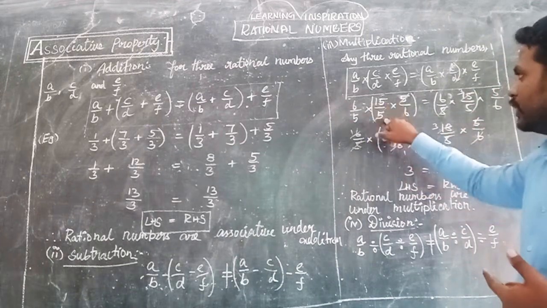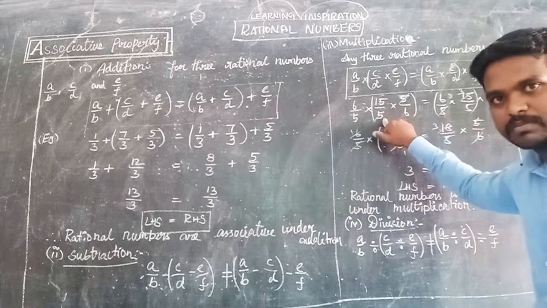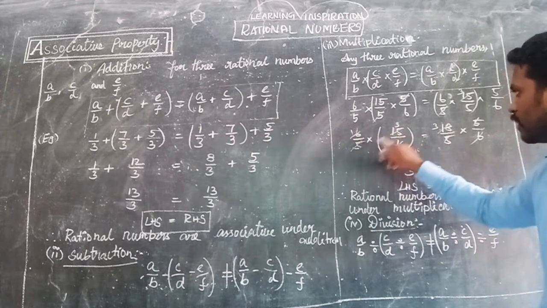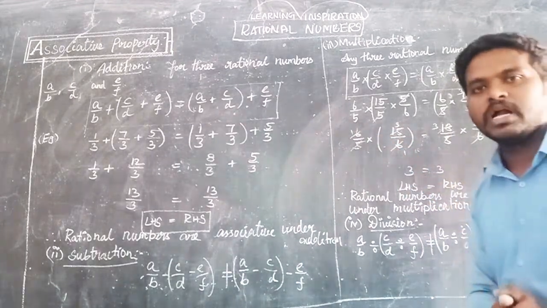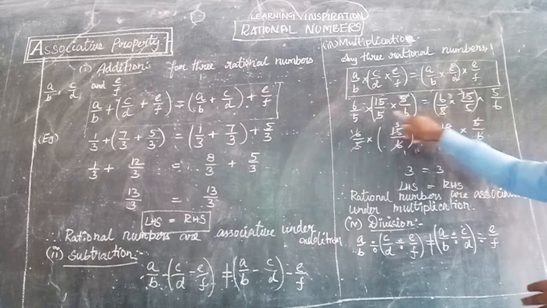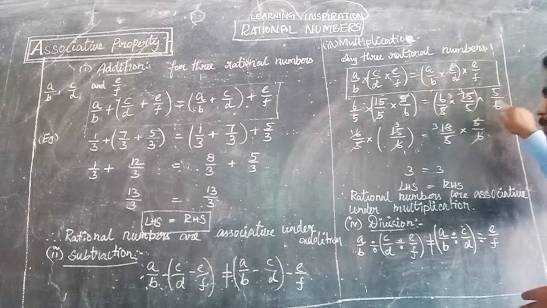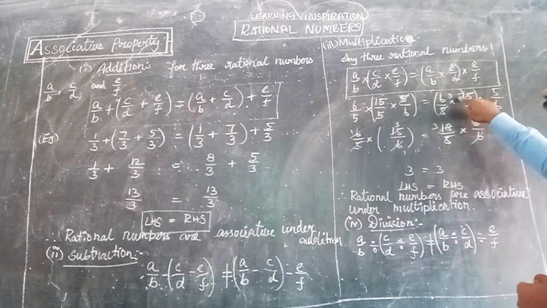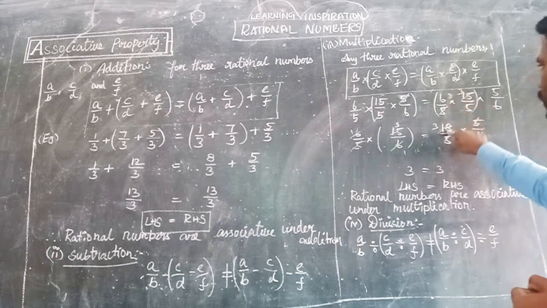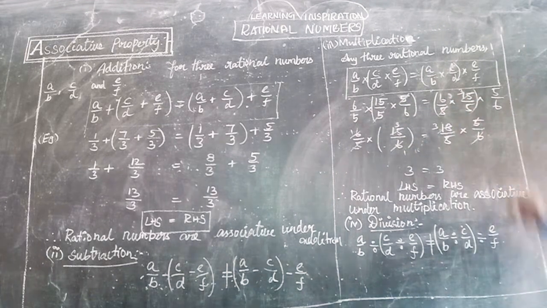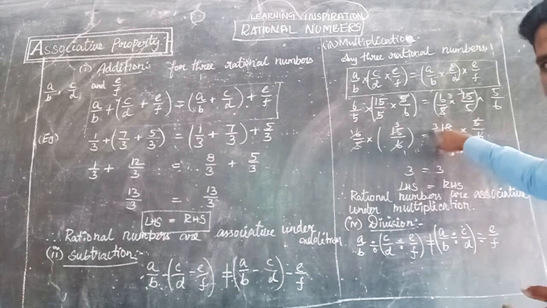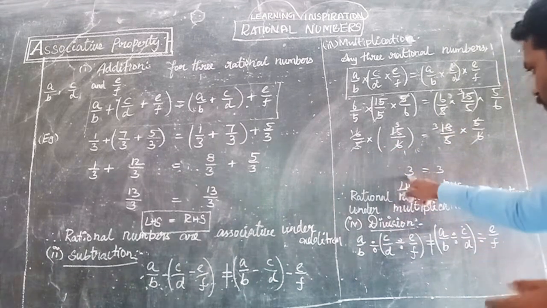So 6 by 5 into 15 by 5, again I am cancelling here, the simplification only. 5 and 5 cancelled, remaining term 15 by 6 also cancelled, 3 5s are 15, so LHS is equal to 3. I am proving left hand side is equal to 3. So similar way I cancel the right side also. So 6 by 5 into the bracket 15 by 5 into 5 by 6. So 5 into 3, 3 5s are 15. 6 3s are 18 and denominator is 5 by 6. So 5 and 5 is cancelled, common factors are same. So 6 3s are 18, so 3 times. LHS and RHS are equal. So left side and right side are equal.